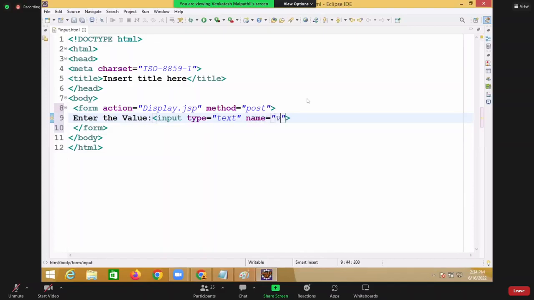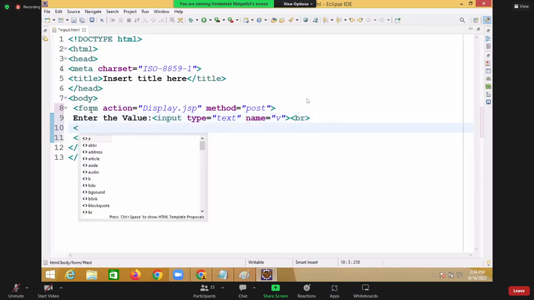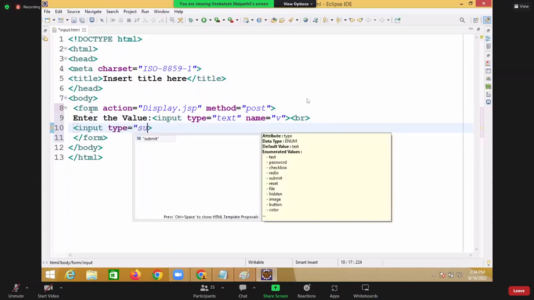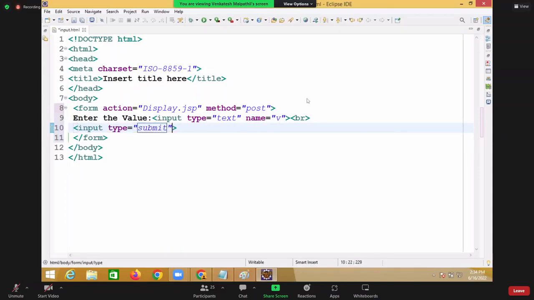Name is equal to V here. Now input type is equal to submit. Value is equal to factorial. Whenever I click on the submit button, the data is submitted to